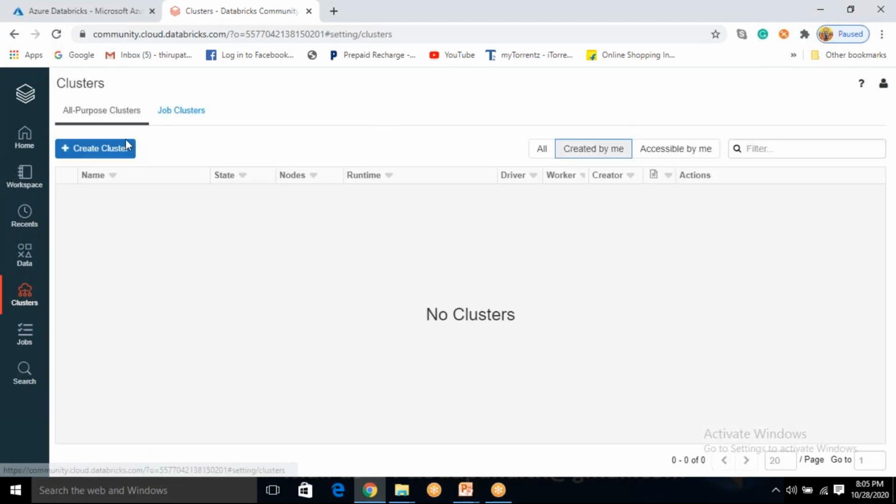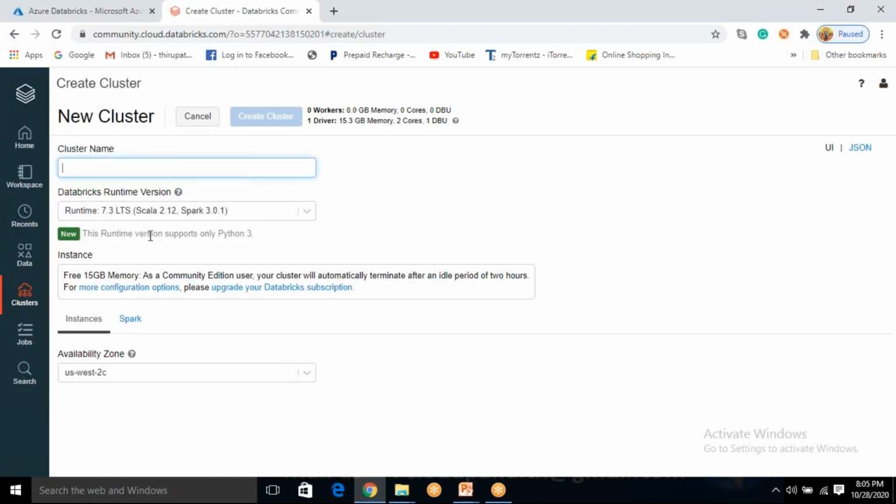Just click on clusters, create cluster. We don't have many options: pool, cluster mode, worker node type and driver node type, auto scaling, termination. We have simple steps. You just have to provide your cluster name and Databricks runtime, as we discussed.